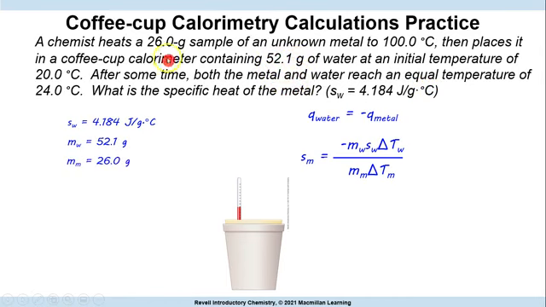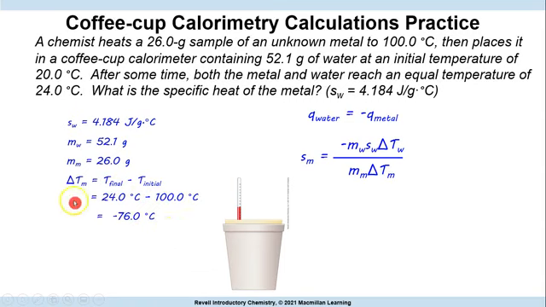The mass of the metal here is 26.0 grams, and the change in temperature for the metal is T final minus T initial. The T final here, after mixing all of them, they reached a temperature of 24 degrees Celsius, and the initial for the metal was 100. So that is going to be T final, which is 24.0 minus 100, and that gives us a value of minus